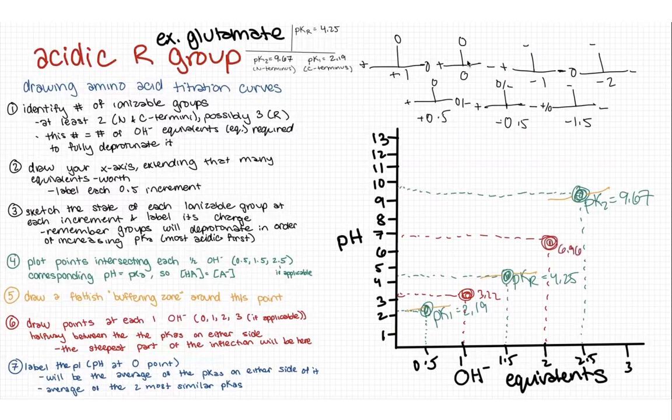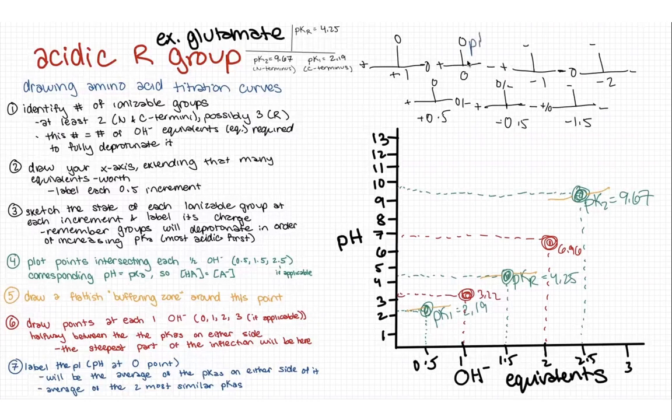Okay. So now one of these is going to be our PI. Which is it going to be? Remember, what does the PI correspond to? The PI corresponds to the point at which we have a net zero charge. If we look back to our little sketch, where does this happen? Right, the PI is going to be where we have a charge of 0, which is going to be at